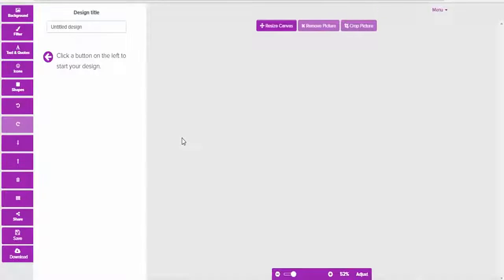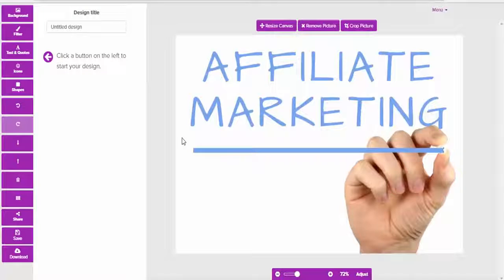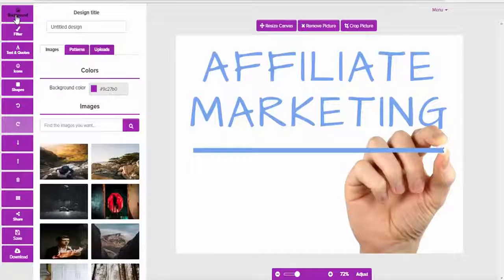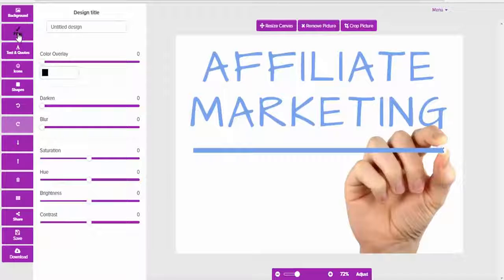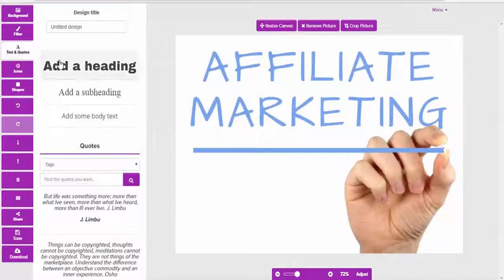So that allows me to edit this image, which happens to be a Creative Commons image, which means it doesn't have any copyright issues. So I can use it for my marketing purposes. And what you can do here, guys, you can add backgrounds. We'll have a look at that in just a moment. You can add filters, but what I want to show you now is another really cool feature, and that's the